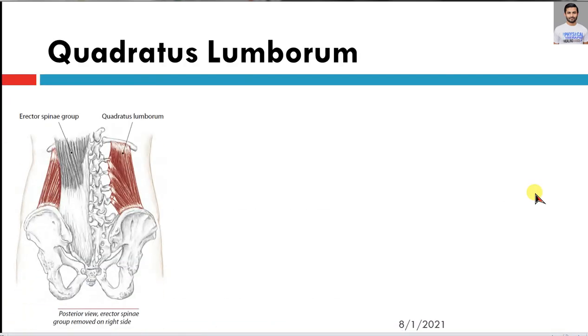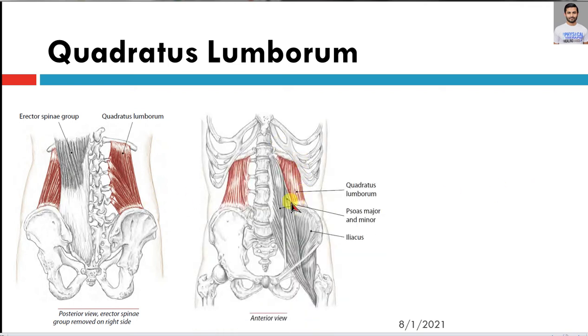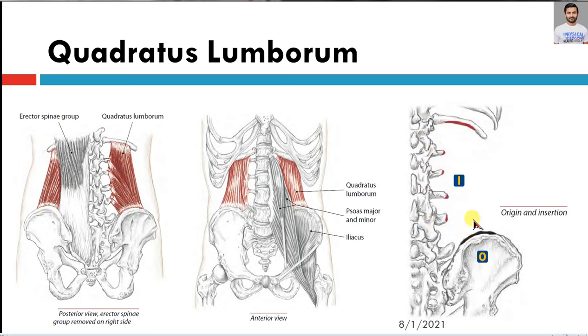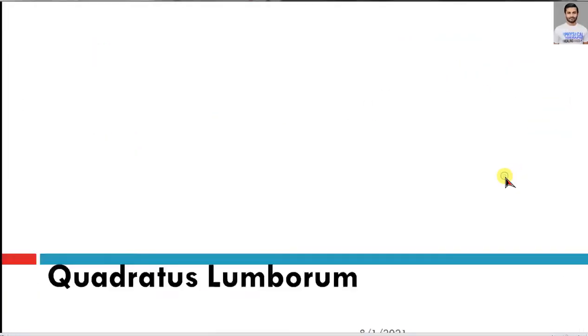Then we have a muscle called the quadratus lumborum. It is a very important muscle, again in side bending, and if there is a trigger point in this region, it can mimic low back pain, and it also can get referred to the anterior aspect of the thigh and sometimes the posterior.